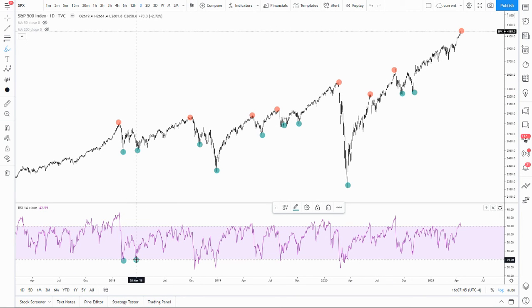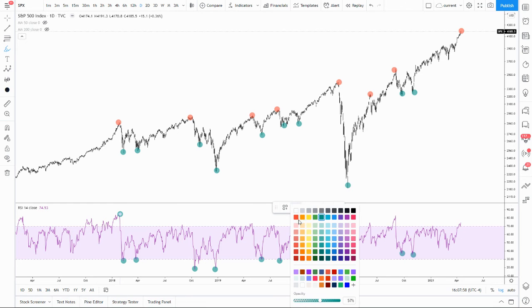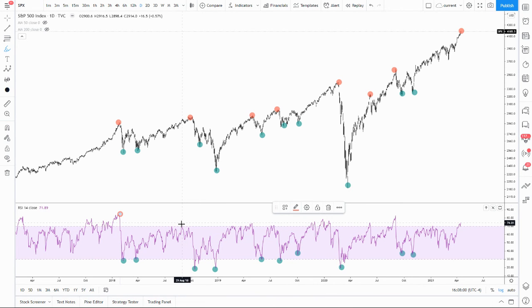So right here, right here, right here, and so on and so forth. Change this to red. There. As you can see,